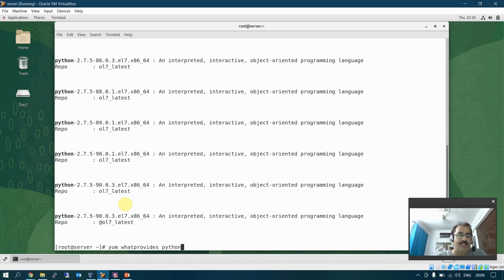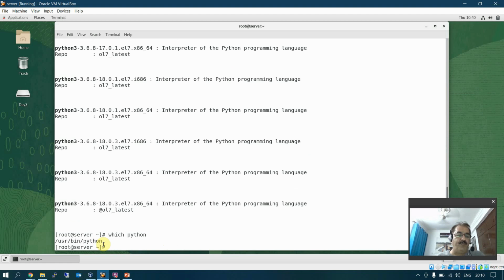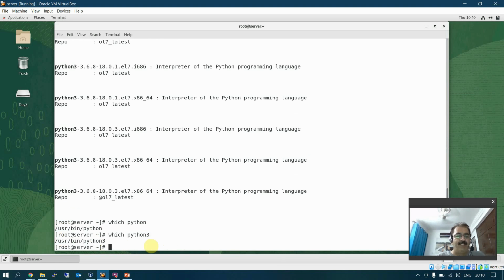But if you want the latest version of Python, you have to use 3 as a suffix. Now Python 3.6 is the latest. If I type which python, this is the 2.7 version available here, but if I type which python3, that's also available in /usr/bin/python3. That means your computer can have multiple versions of Python available at any point in time.